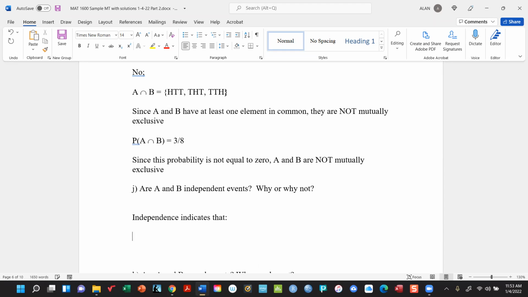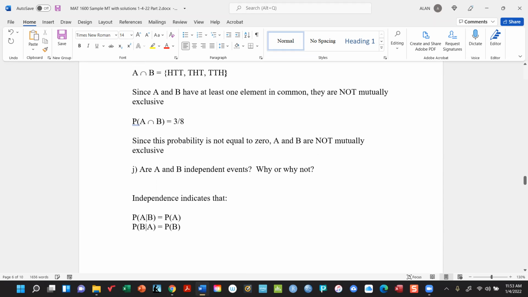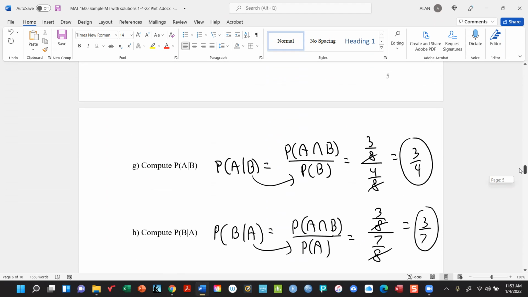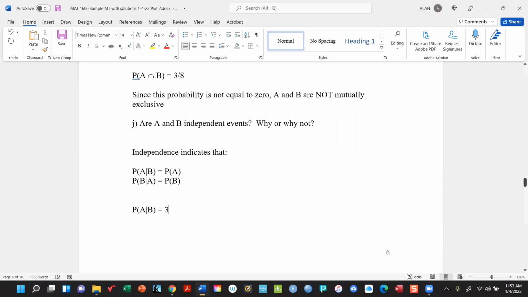And they have to both be true. One is not good enough. So now in our example, remember just a few minutes ago, we showed that the probability of A given B is 3/4. But the probability of A is 7/8. So since these two are not equal to each other,